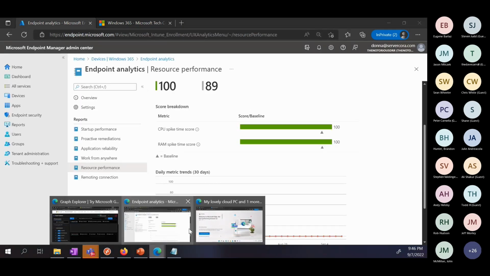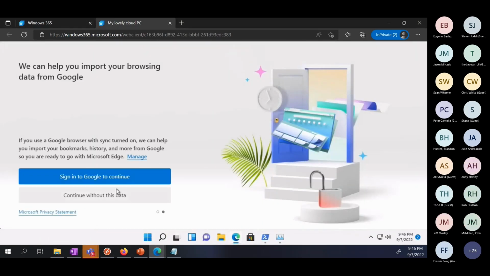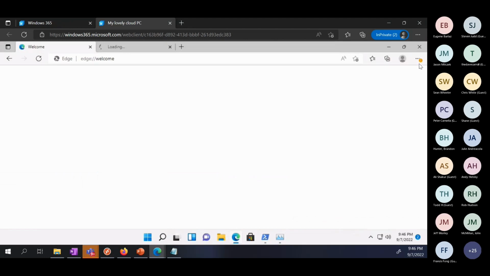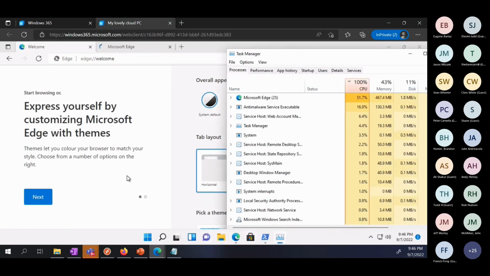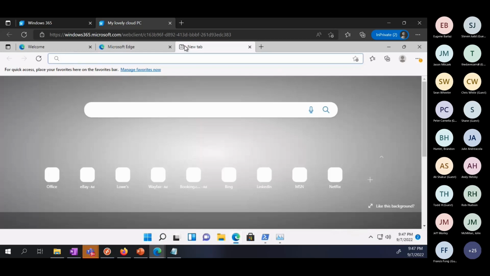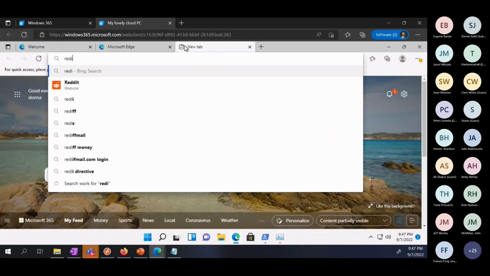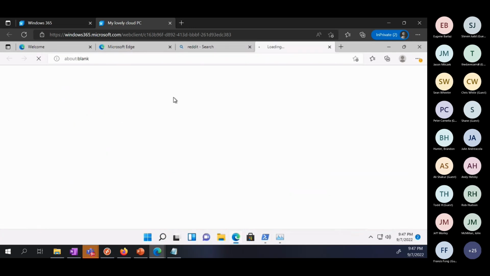From the user perspective, it's a Windows PC. Edge is just starting up and building itself, so it unsurprisingly is consuming a bit, but it'll settle down.